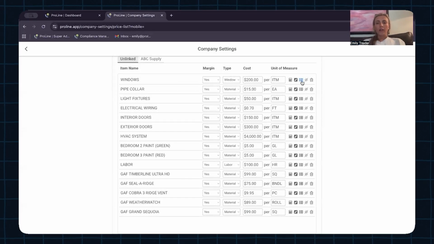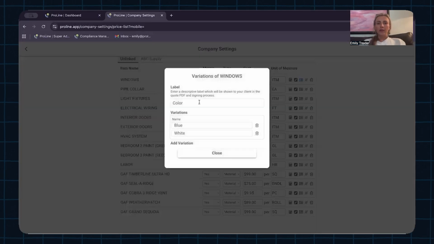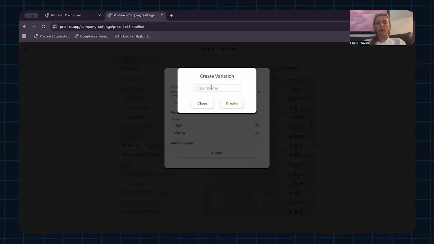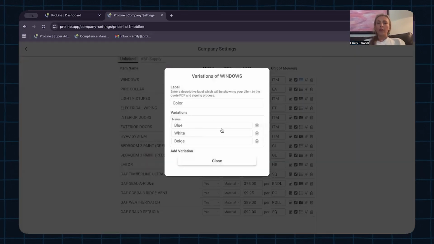The next icon here just looks like three little bullet points. I have what we call a variation. I have my label color, and then I have added blue and white. Let's add another one, let's say beige. So maybe for the window, this is the paint around it. So I want to have different color variations. I can show you what this looks like on a quote in just a little bit, but